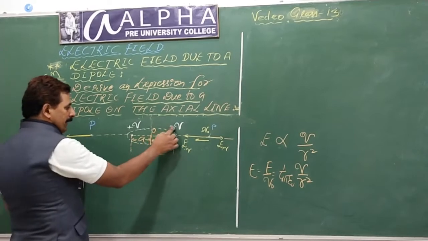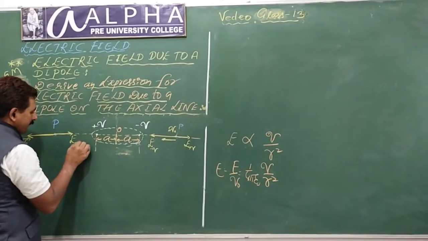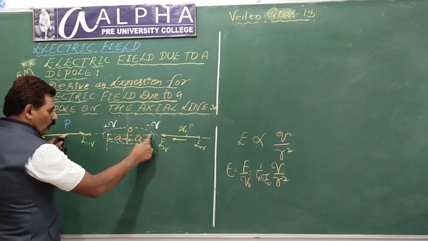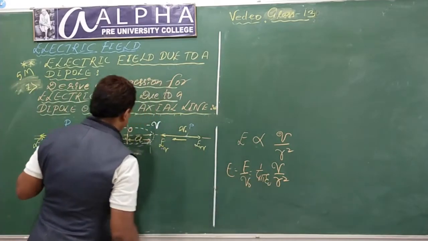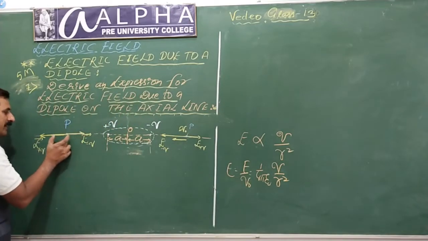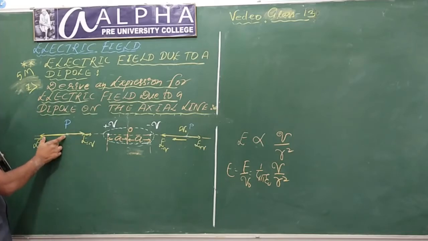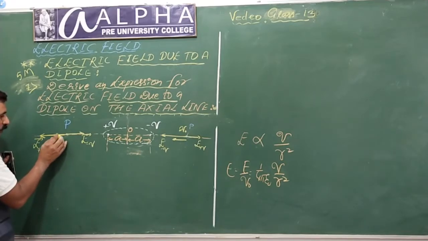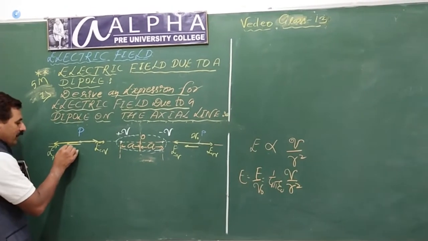At the same time, minus Q attracts to the right. That is E minus Q to the right. Which one is stronger? This distance is more, this distance is less. Electric field is inversely proportional to the square of the distance. That's why this is lesser, this is greater. That's why shorter length, longer length for the arrow. Which way does the resultant exist? The resultant is towards the greater force. This way. This is the resultant field E.